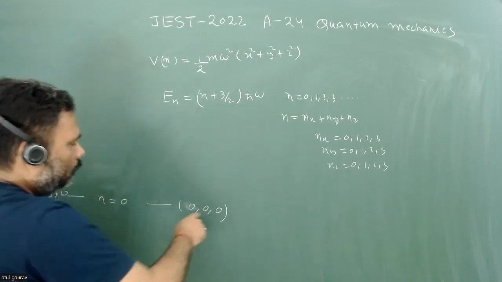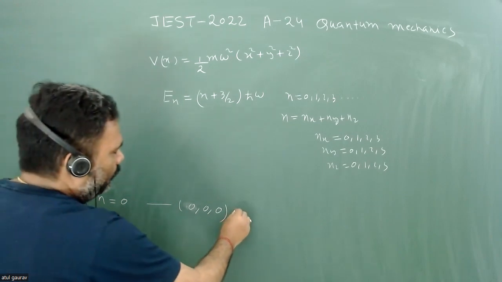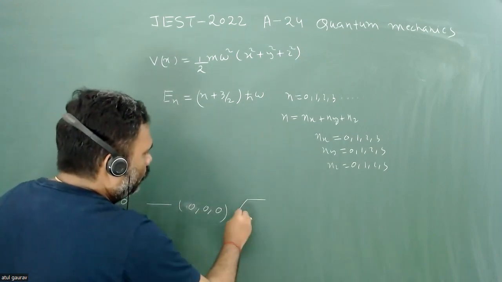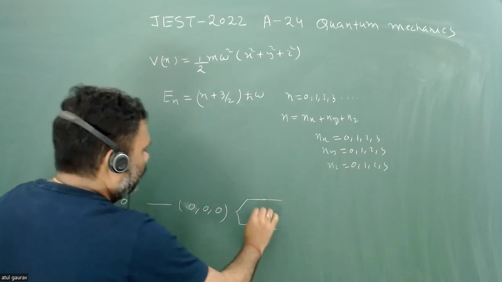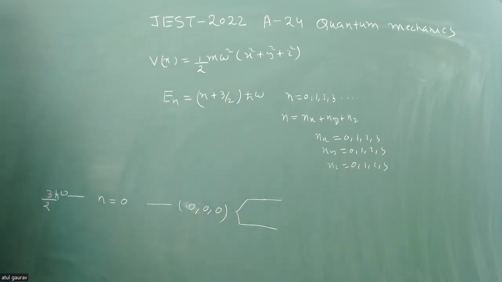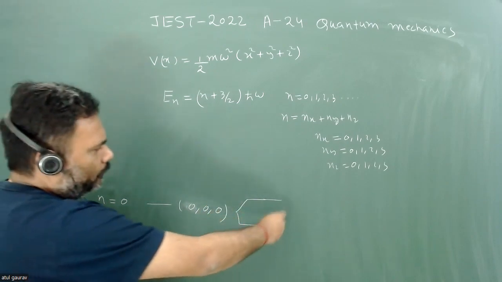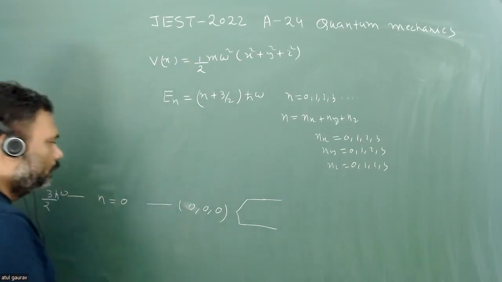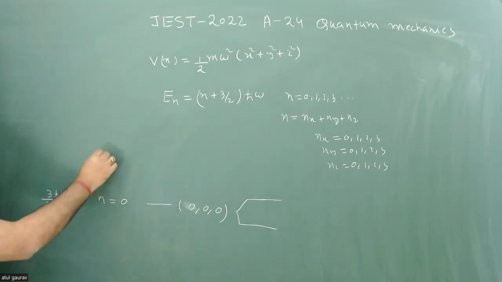After that, if we include the spin, then we have two more quantum states associated here, spin half and spin minus half. So similarly, for n equal to 1,